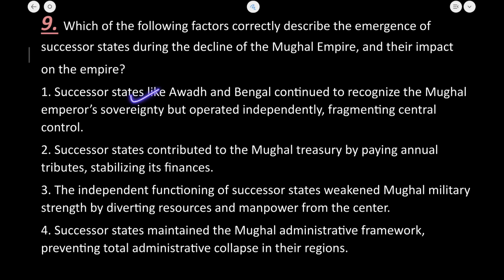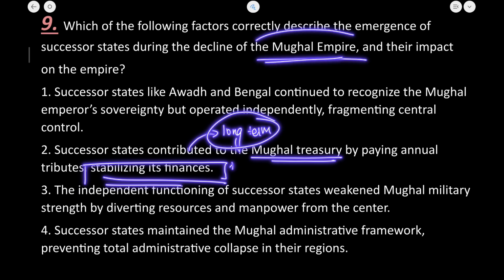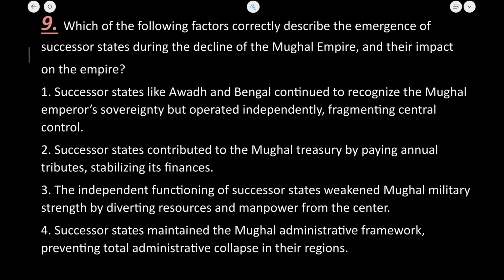तो फर्स्ट स्टेटमेंट करेक्ट है। सेकेंड स्टेटमेंट देखते हैं। सक्सेसर स्टेट कंट्रीब्यूटेड टू द मुगल ट्रेजरी बाई पेइंग एन एनुअल ट्रिब्यूट, स्टेबलाइजिंग इट्स फाइनेंसेस। नाउ ट्रिब्यूट्स तो बिल्कुल देते थे, एनुअल ट्रिब्यूट्स सक्सेसर स्टेट्स जो थे अवध का, बंगाल का, दे पेड द एनुअल ट्रिब्यूट्स टू द मुगल ट्रेजरी, बट ये स्टेबलाइज नहीं कर पाए थे फाइनेंसेस इन द लॉन्ग टर्म। ओके, क्योंकि अगर स्टेबलाइज होता तो मुगल एम्पायर वुडेंट हैव एंडेड, ठीक है ना, क्योंकि मच मोर देन फाइनेंसेस पॉलिटिकल रीजंस भी थे।